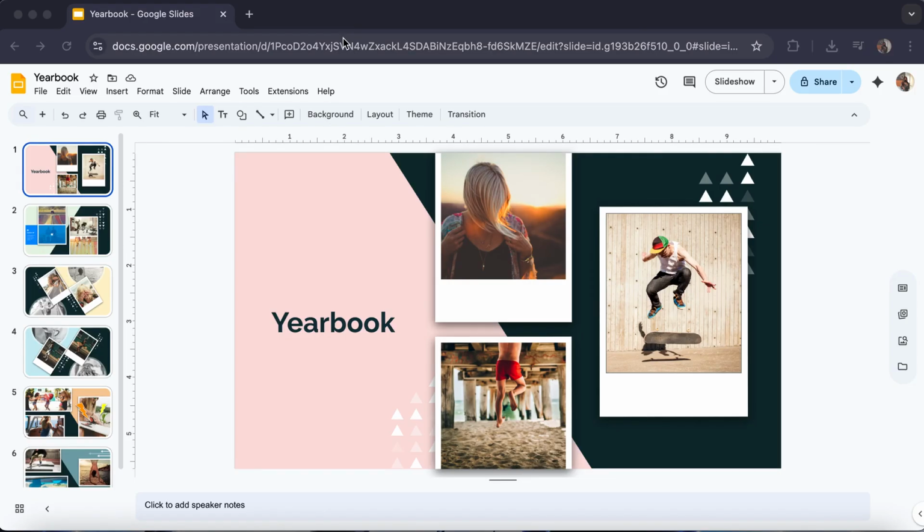Start by opening your Google Slides presentation in your browser. Make sure you have the correct file open and that any last-minute edits are saved. Google Slides saves changes automatically, but giving it a second to sync can help ensure the PDF reflects your most